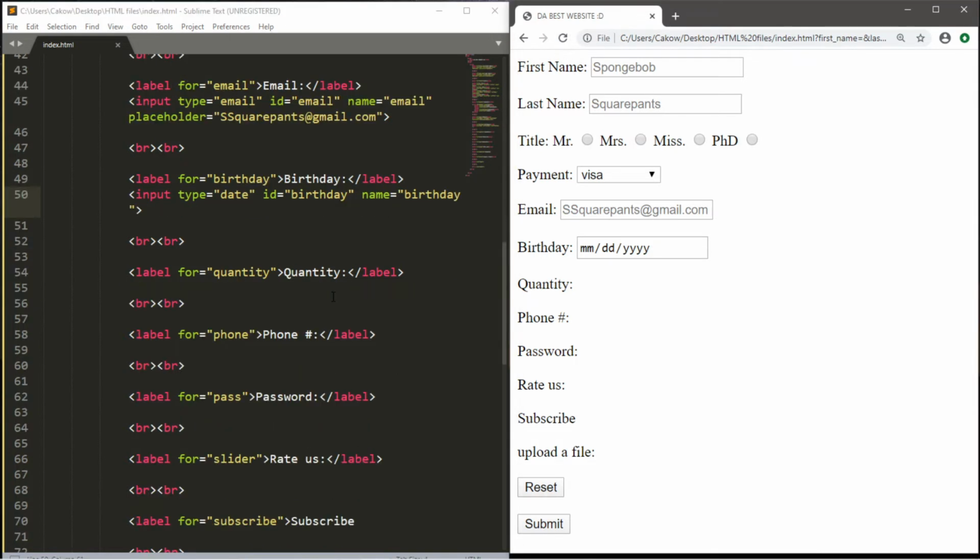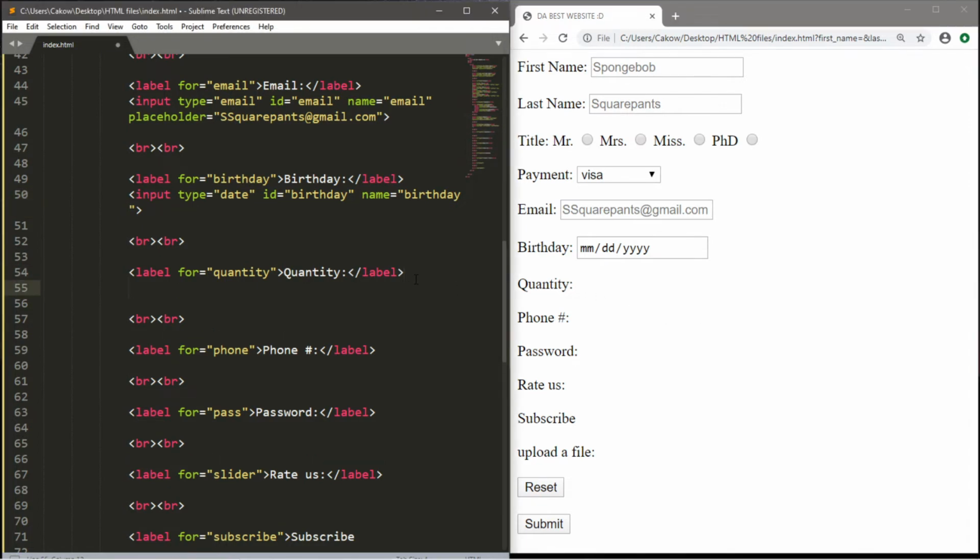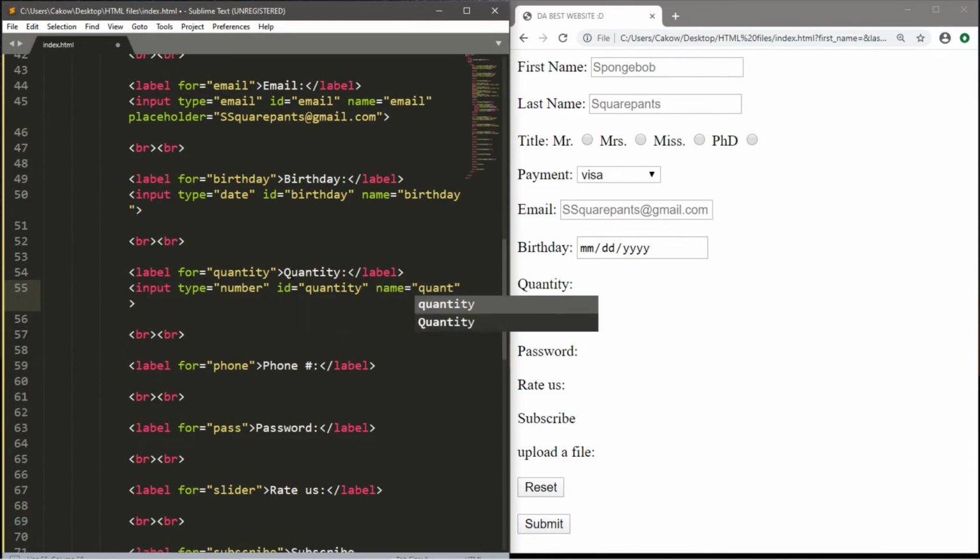With the number type, this would be perfect if you're setting up some sort of online shop and you need to select a quantity, like how many of something do you want to buy? How many t-shirts do you want to buy? So we can set a quantity. So we'll use the input element, set the type equal to number, and we want our ID to match our for attribute, so quantity, and we'll need to set a name, and we'll set this equal to quantity.